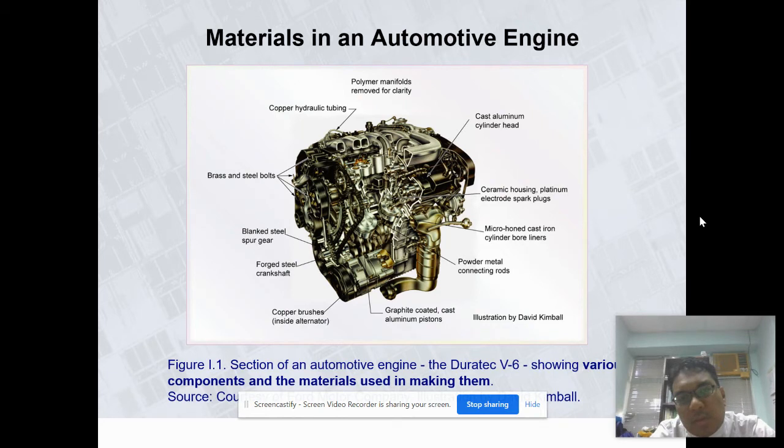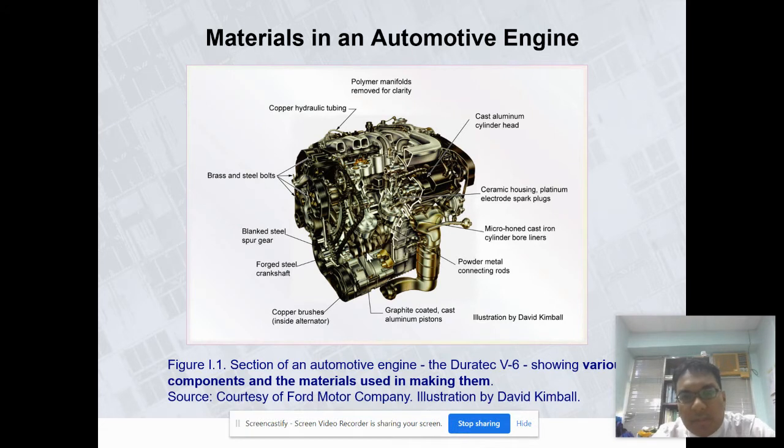Okay, so when you look at this picture, there's a lot of material here. This is an example of a section of an automotive engine, the Duratec V6, using various components and materials in making them. So for this engine, you can see there are a lot of materials of different types: polymer, brass, aluminium, ceramic,